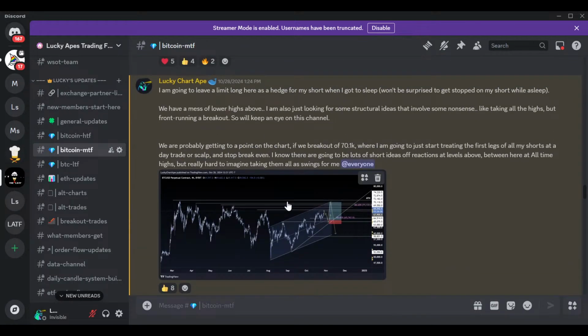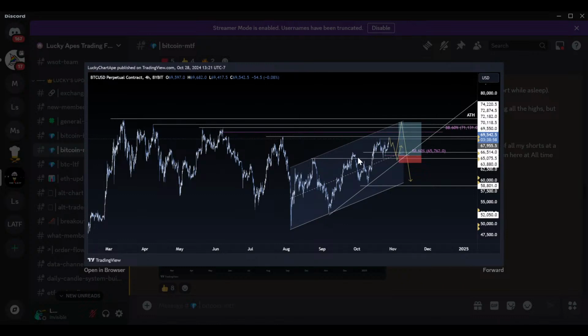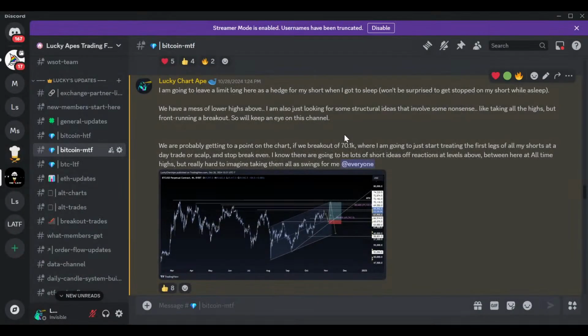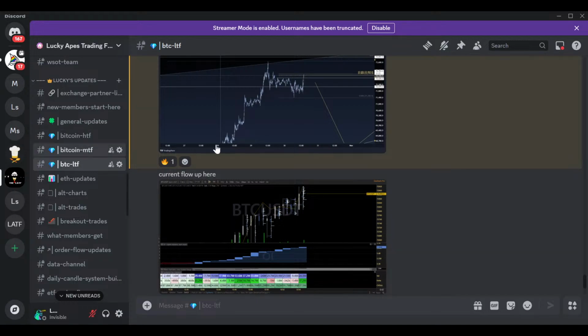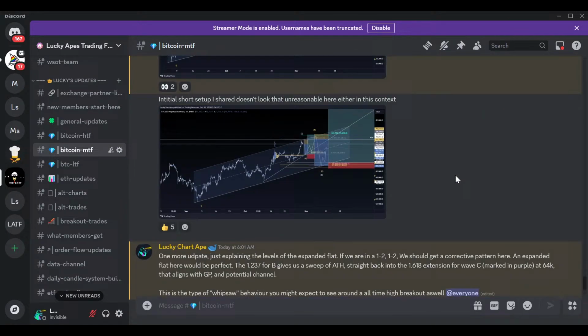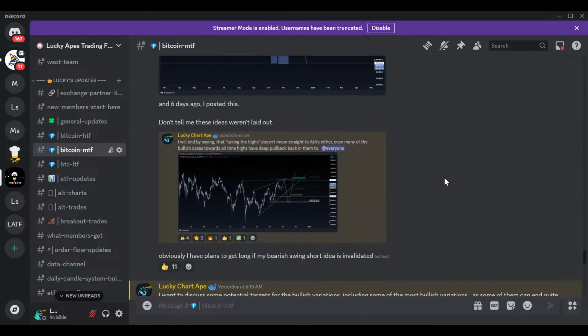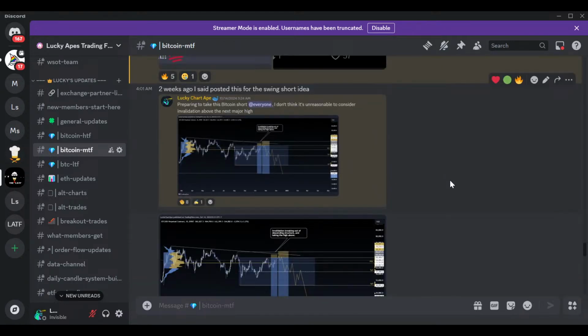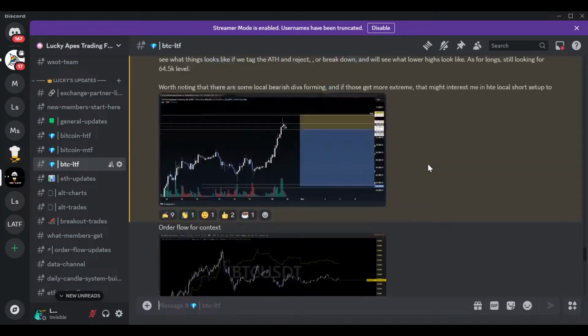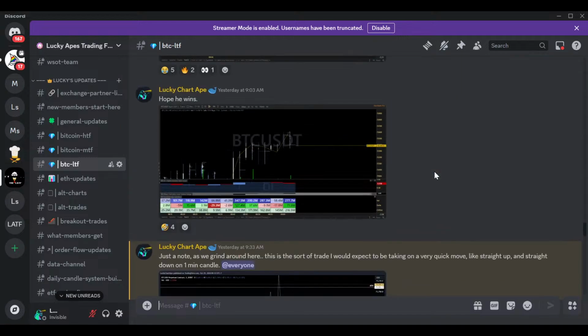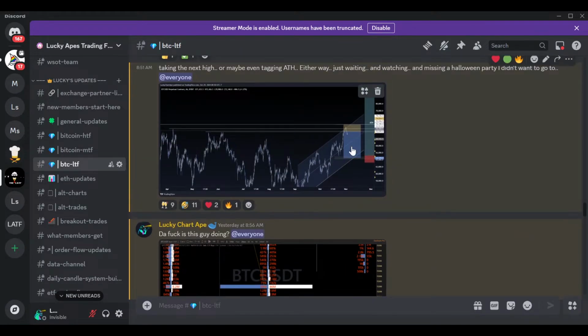I do a lot of updates. But anyways, this was back before we took these highs, just identifying this channel idea, some ideas for a long setup into this. This was actually an idea for trading against my primary thesis at the time, which was bearish until we took this high, which got taken shortly after. But anyways, what I had shared back here, I need to remember if this was in the high time frame or low time frame channels. What I had shared, it's in the low time frame, was this idea of front running the all-time high, and then a short setup back into these local lows.